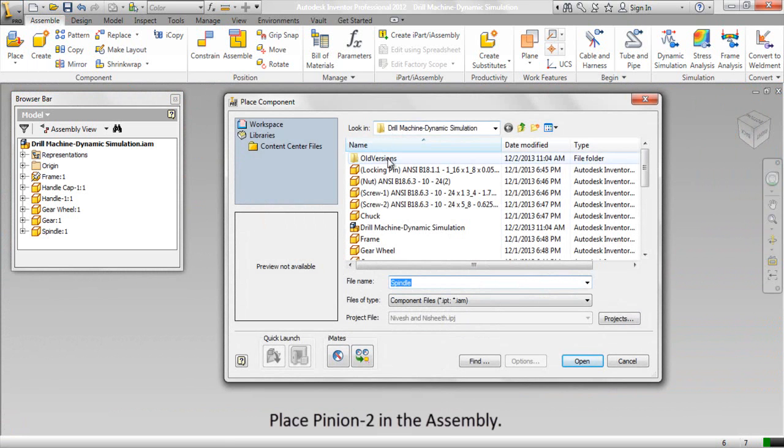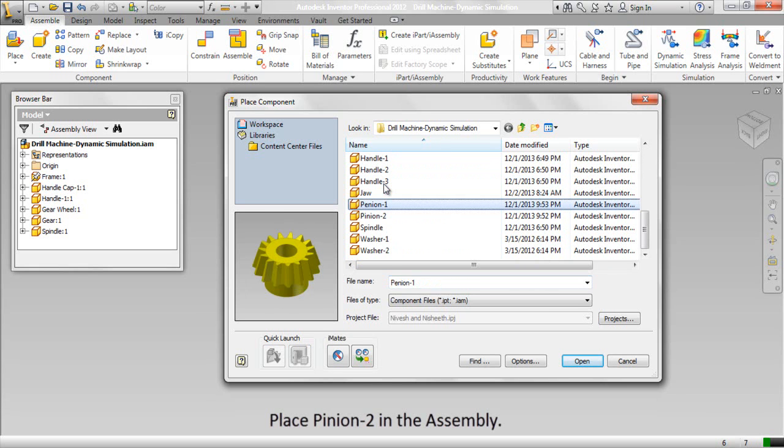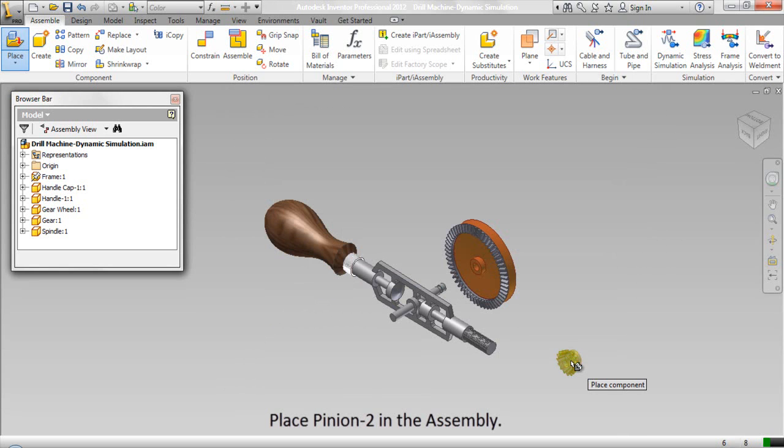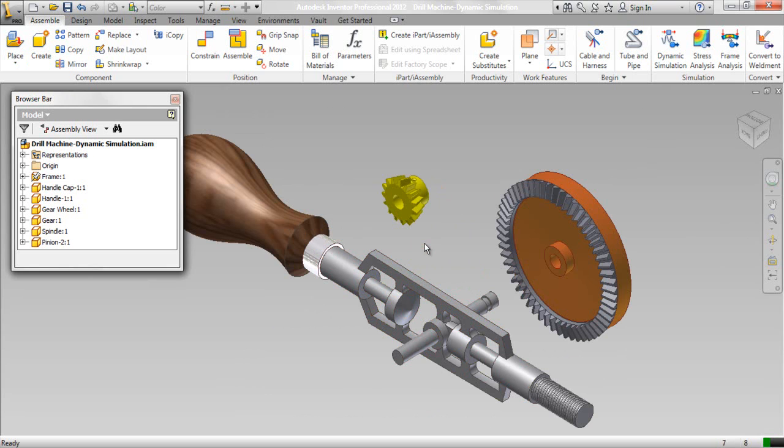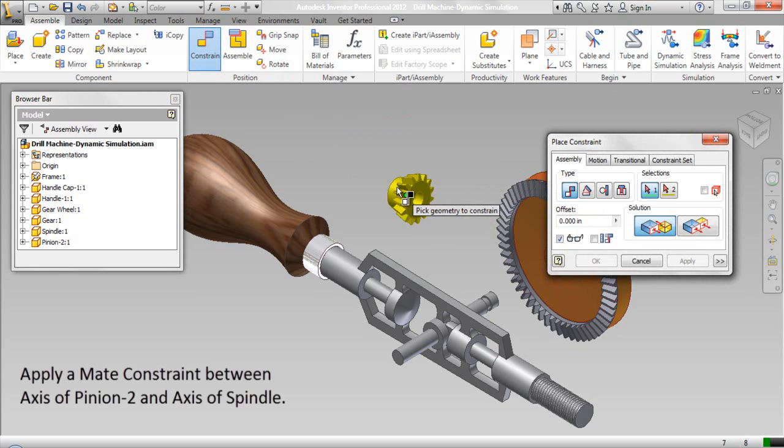Place pinion 2 in the assembly. Apply a mate constraint between axis of pinion 2 and axis of spindle.